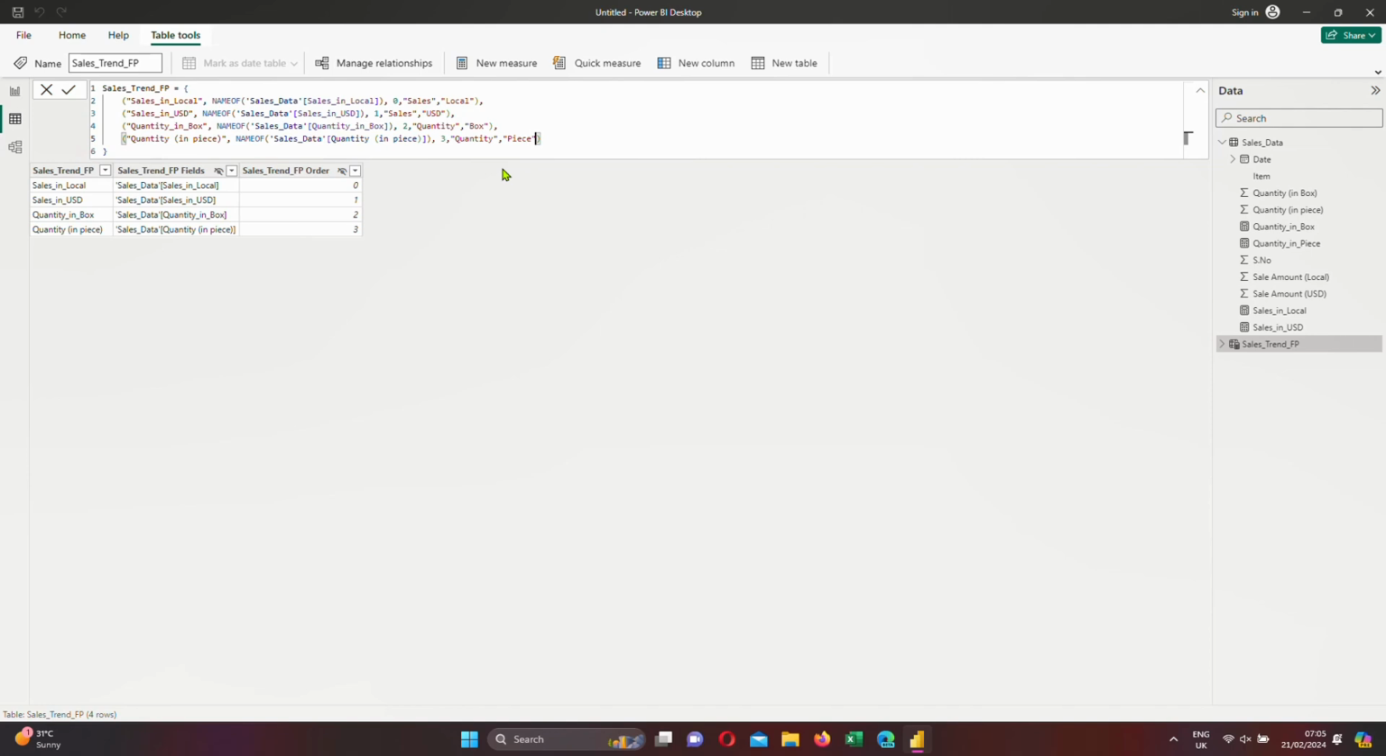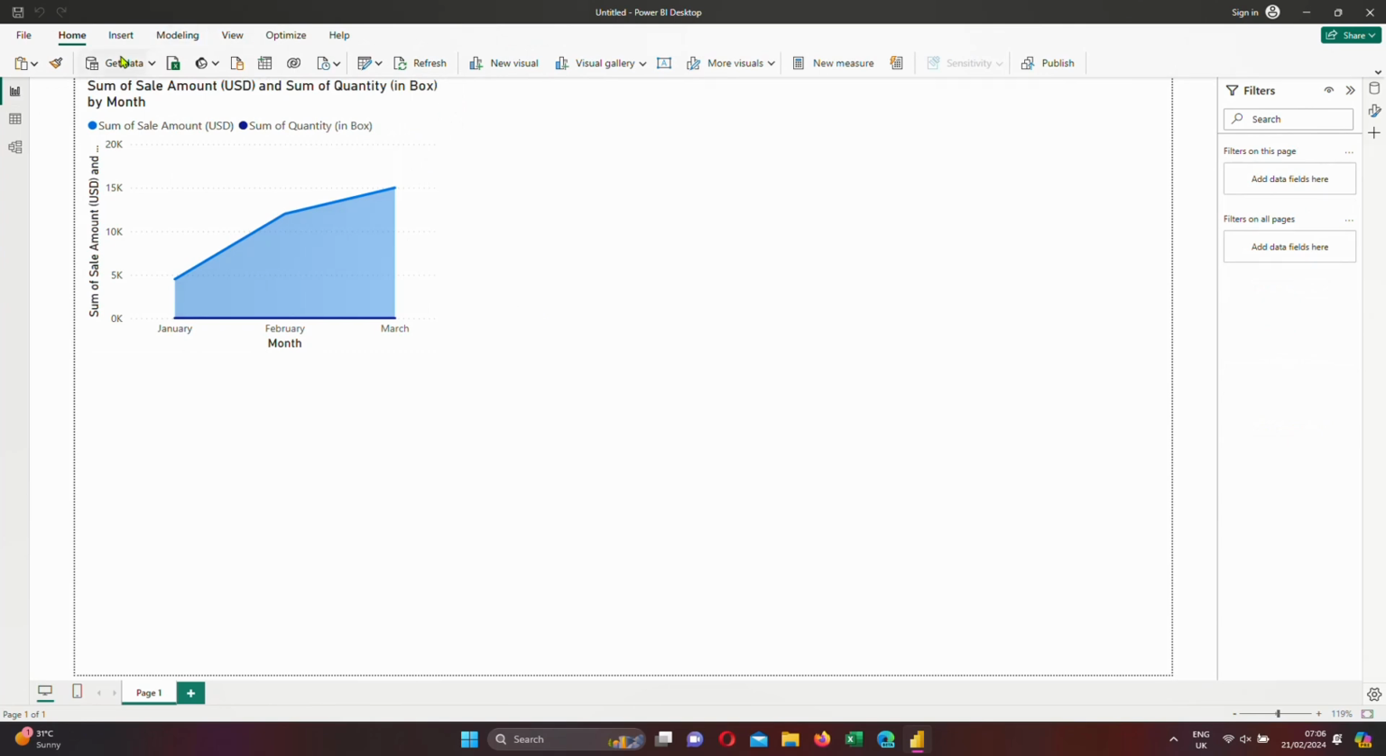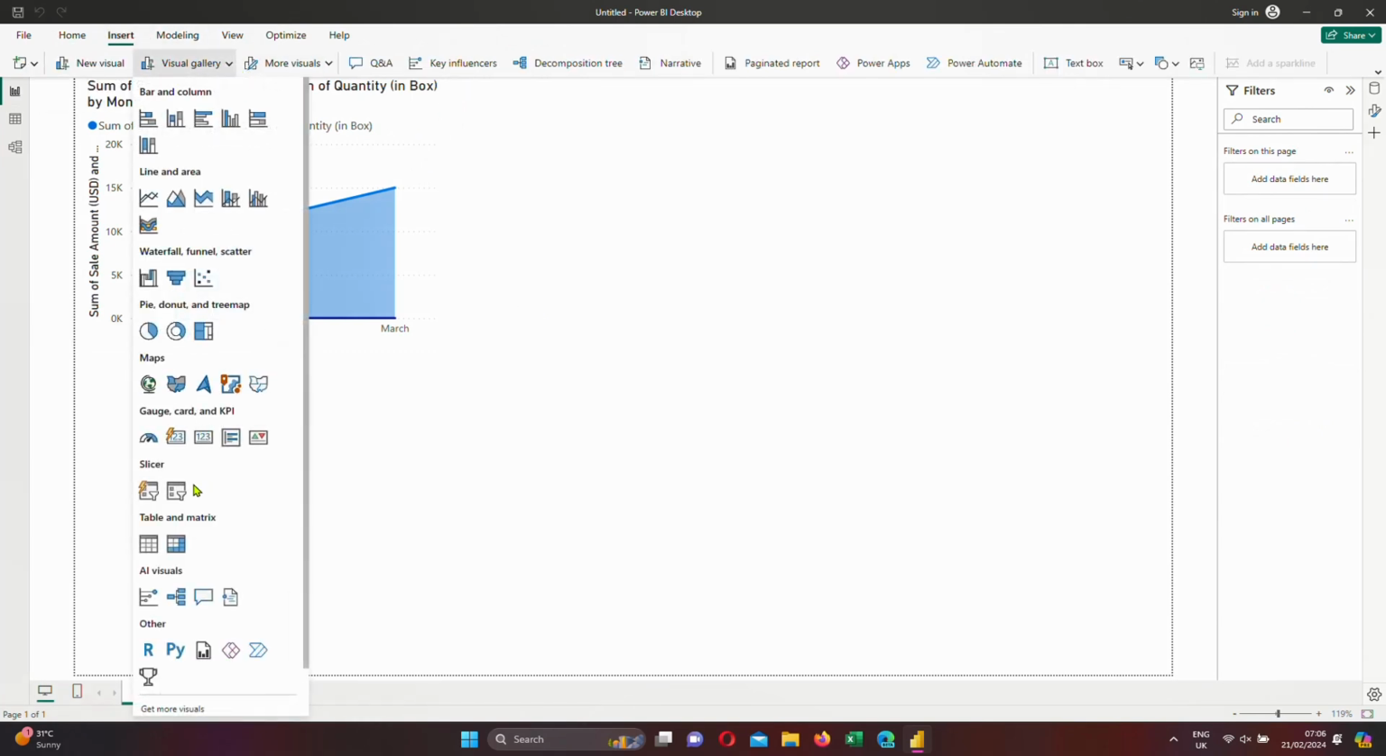I think this looks good, and once you click here, you could see 2 new columns got added. Now we are going to use these columns in slicer. Now go back to this page, and we are going to create a slicer first thing. Insert visual, and let's add a slicer here,